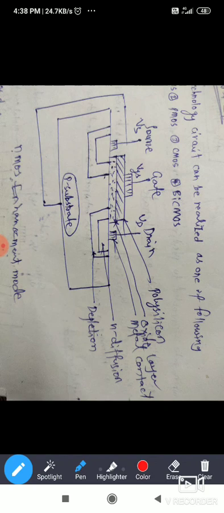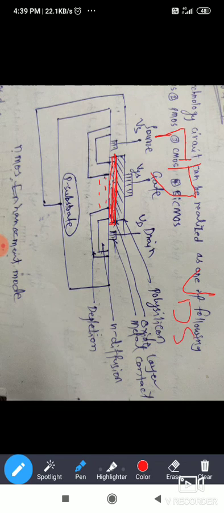Because of this applied gate to source voltage, electrons are formed across this insulation layer. And again if we also apply drain to source voltage